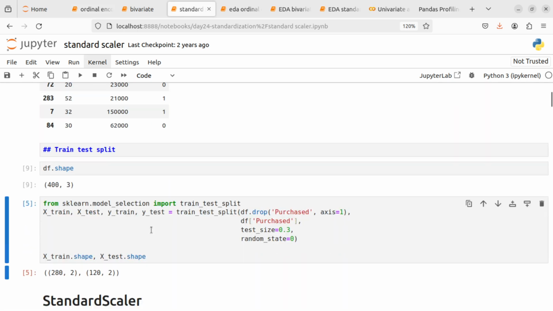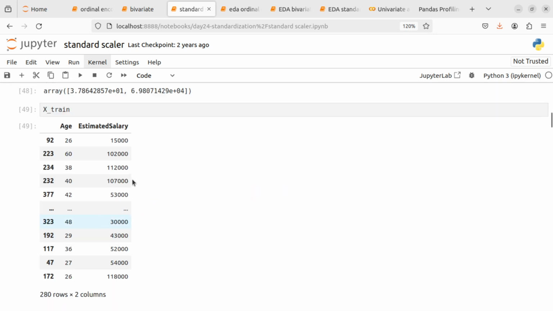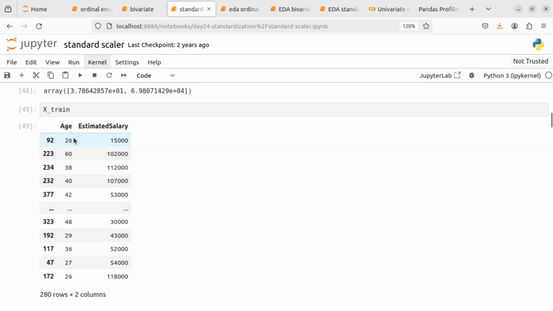And here you have standard scaler. Scaler is also basically a simpler thing. We perform it because it helps us to bring all the values on a similar scale. If you see the age here,